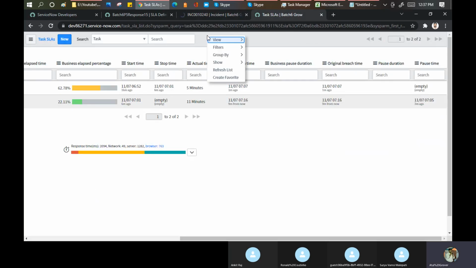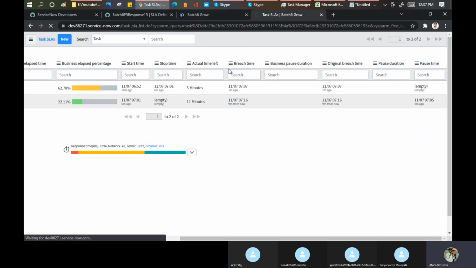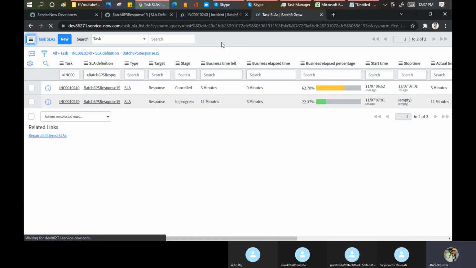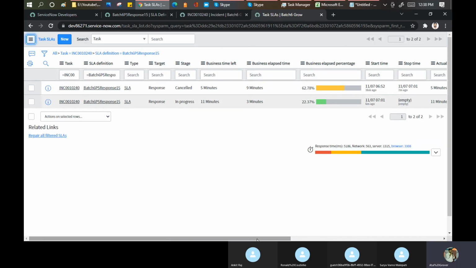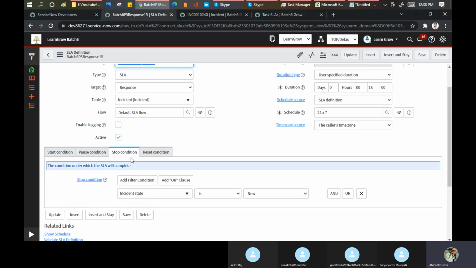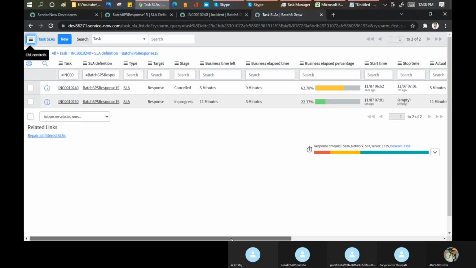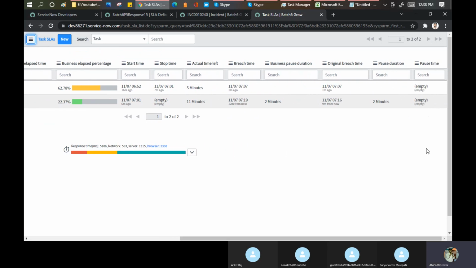Go here and refresh the list. Why I'm doing this refreshing in parallel is so that I can show you what will happen with the timings of the SLA if you did not pick up this portion. Go here. Pause time नहीं आएगा क्योंकि that is over.